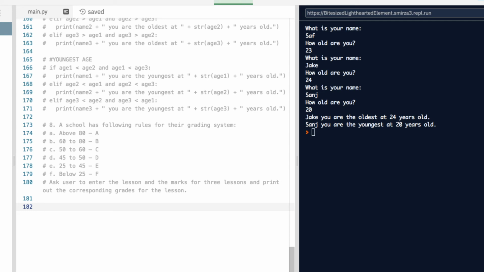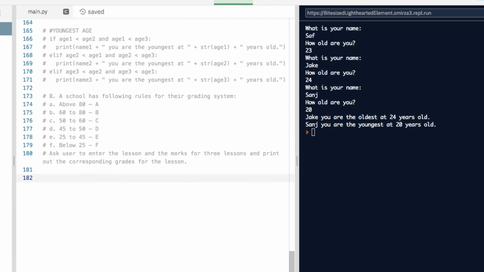So we're going to ask the user to enter the lessons and the marks for 3 lessons and print out the corresponding grades for the lesson. So the first thing we need to do, because we're going to do this 3 times, I'm going to get a lesson. I'm just going to do 1 lesson, make sure it works. If it does work, then I'm going to expand it and do all 3 lessons. So lesson 1